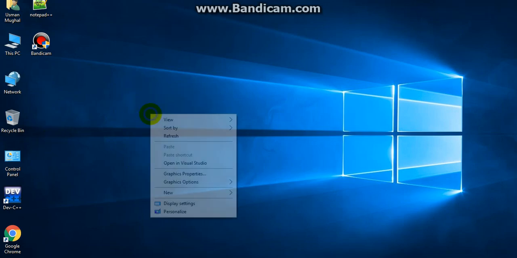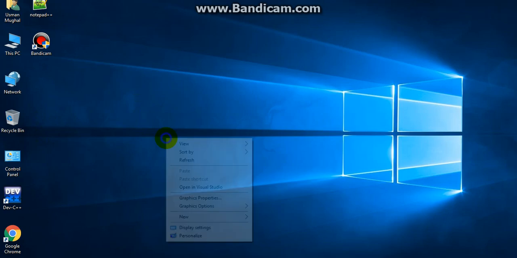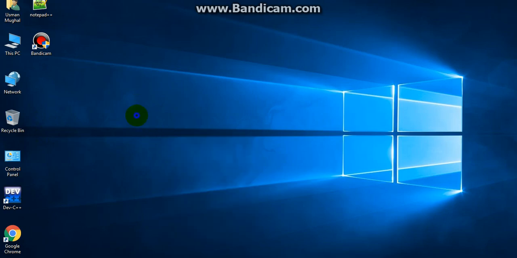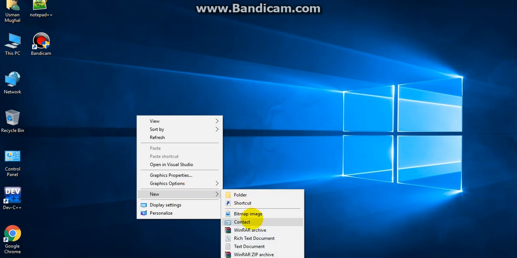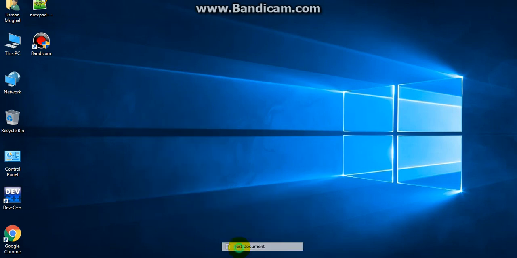So you can delete any file with this method. For example, I can show you again. I have a text document here. Let me give this file an easy name, ZZ, so I can find it easily.